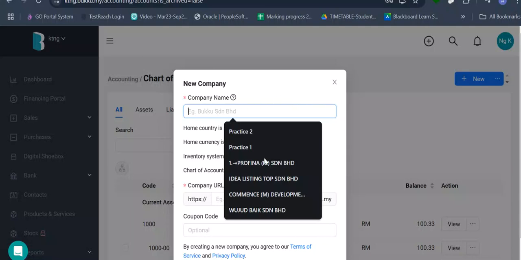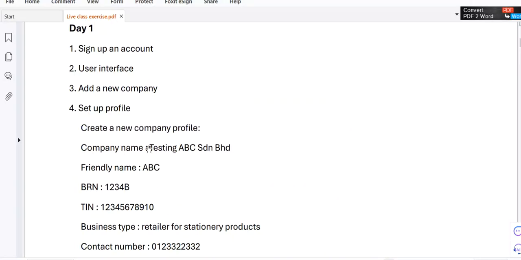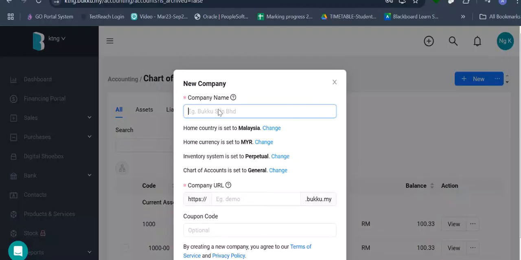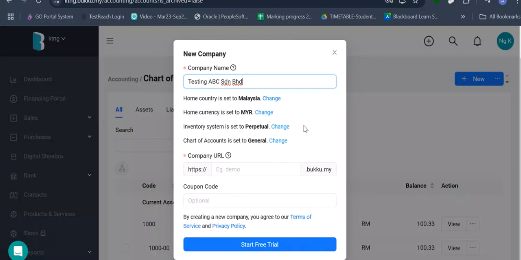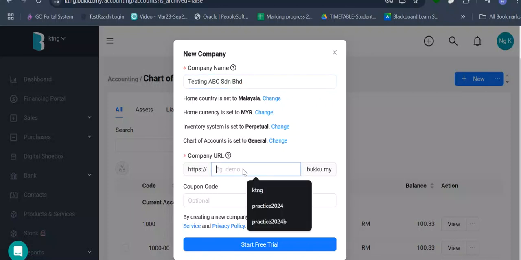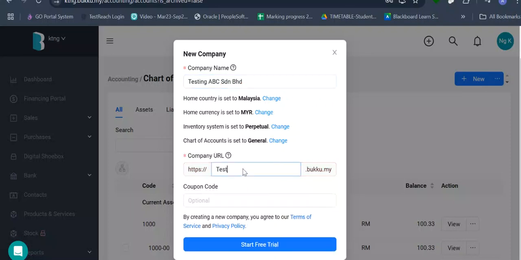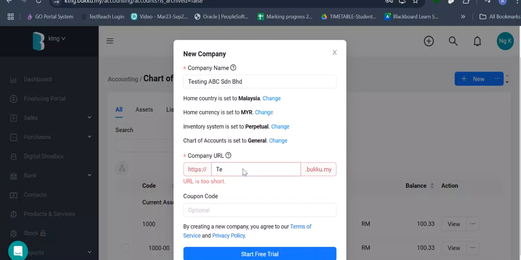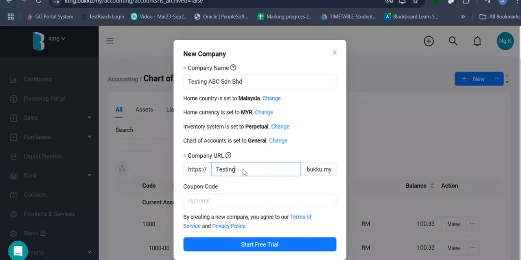Okay, so company name, I'll come to here, copy this. The rest we keep. This chart of account we set as general first, which we can actually change later. And the company URL, code maybe this thing. Testing ABC. There's no coupon code, so we start a free trial.